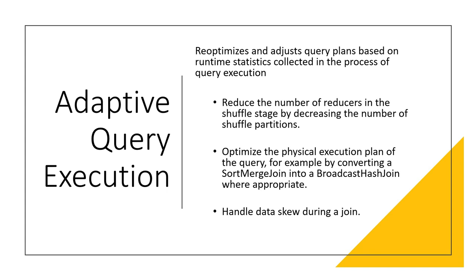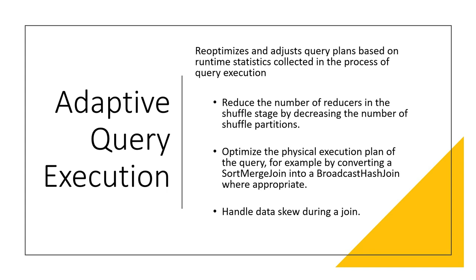The second is adaptive query execution. Now what does that mean? Spark has been doing a lot of optimization in each and every version. So initially we had rule based optimizers, then we had cost based optimizers. Now what is introduced is adaptive query execution. This is very efficient because what it is doing is it is adjusting the entire query plan based on the runtime statistics, because earlier it was not based on runtime statistics, it was a ballpark based on cost, based on rules, so it was not that accurate.